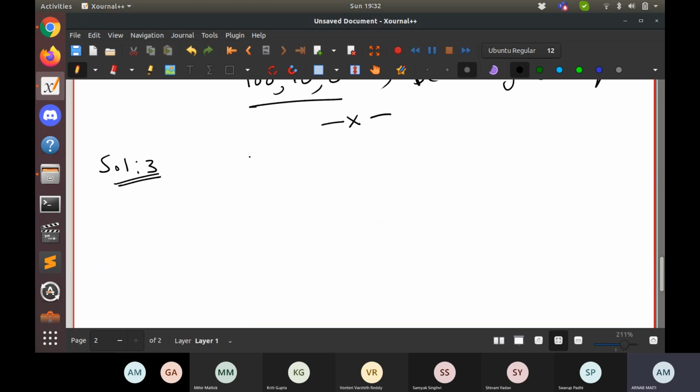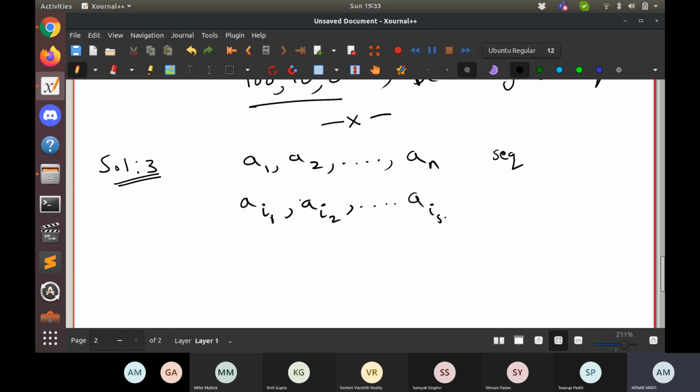So say we are given, as I was saying, a sequence A1, A2, up to AN. Formally, we want some numbers, either AI1, AI2, up to AI(S+1), or AJ1, AJ2, up to AJ(R+1).